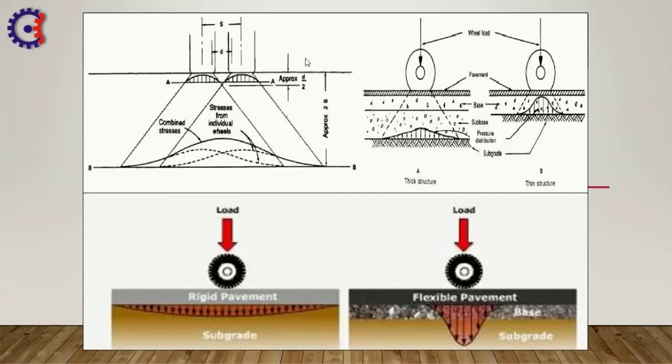At depths greater than d by 2, the compressive stresses within the pavement due to each load begin to overlap. So at the depth we have to consider twice the spacing above, and the overlap area of the compressive stress is considerably high when compared to the total area overlap due to the dual wheel loads. Therefore the total stresses due to the dual wheel at any depth greater than twice the spacing or ESW is considered equivalent to the magnitude of twice P, that is twice the load.